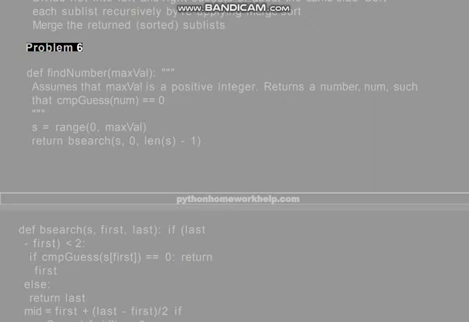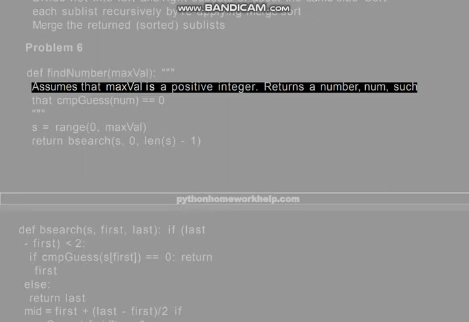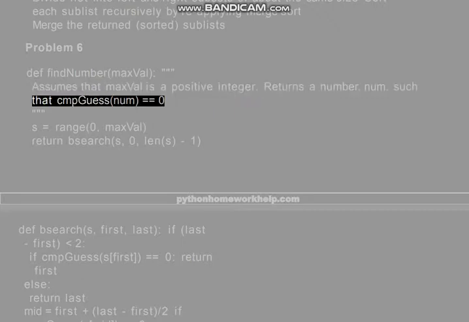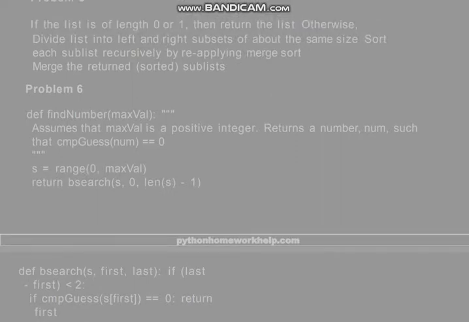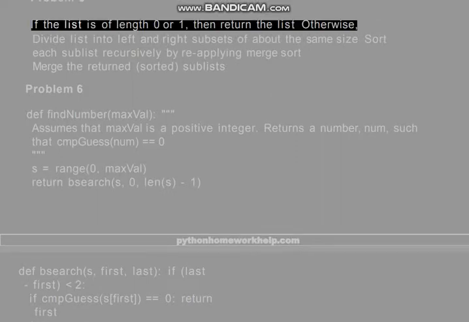Problem 6. def find_number(max_val): assumes that max_val is a positive integer. Returns a number, such that cmp_guess(number) equals 0. s = range(0, max_val). return search(s, 0, len(s)-1). Problem 5. If the list is of length 0 or 1, then return the list, otherwise: